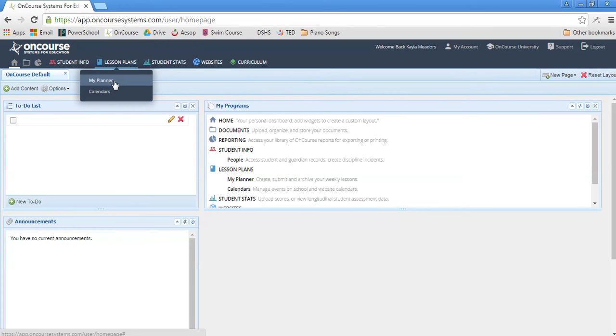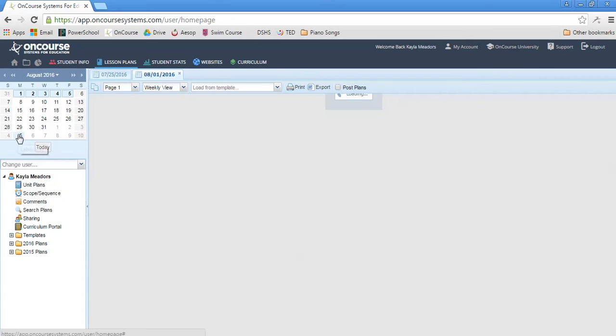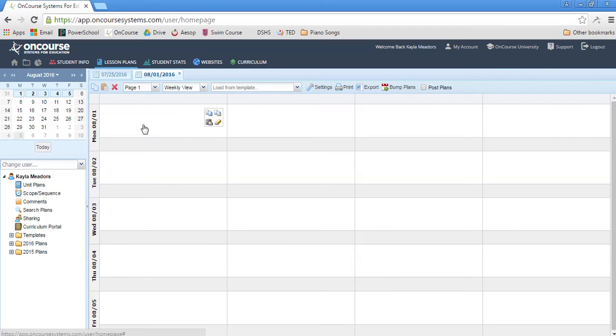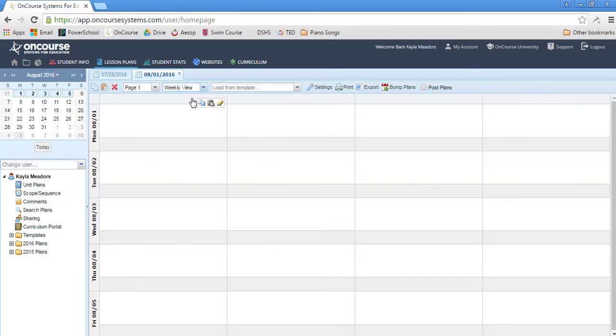Click on lesson plans. It goes to My Planner. And click on My Planner. And what this is going to do is bring up different weeks for you. So I already kind of worked on this one. Let's go to the next week. So a blank week will look like this. You have Monday, Tuesday, Wednesday. You have your weeks going sideways like this. If you would prefer to work up and down, you can have Monday, Tuesday, Wednesday as such. This is how I prefer to work, but for the sake of this video, we'll work in the horizontal